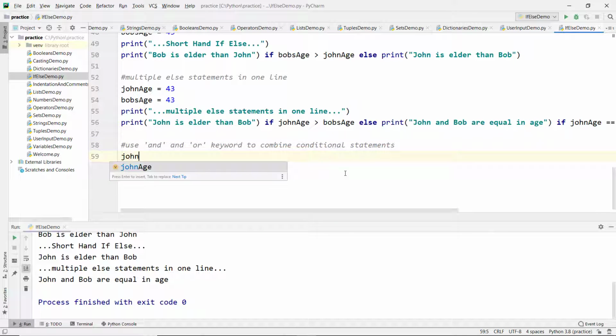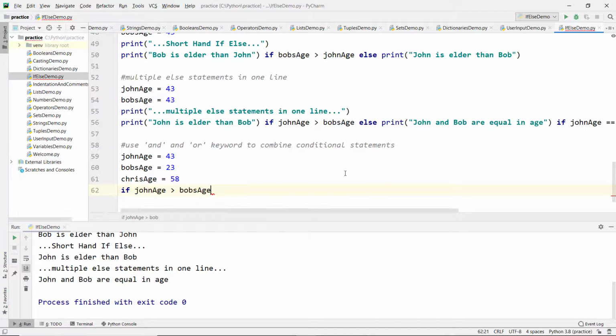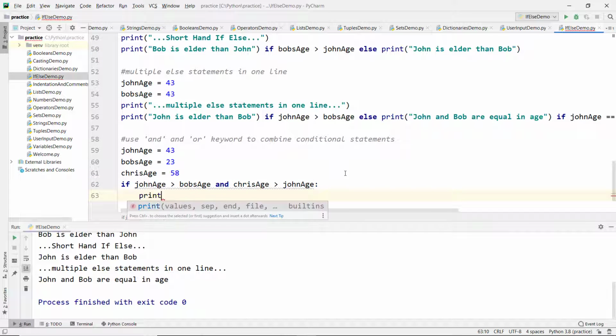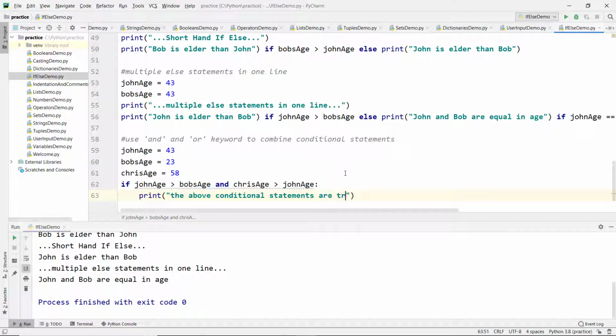So let's take John's age 43 and Bob's age 23 and Chris's age 58, and if John's age greater than Bob's age and Chris's age greater than John's age, then print the above conditional statements are true.